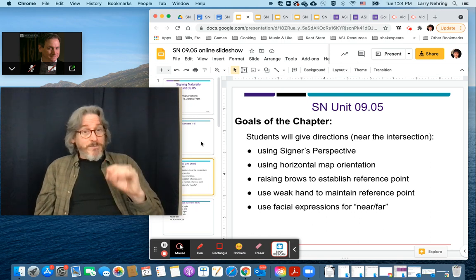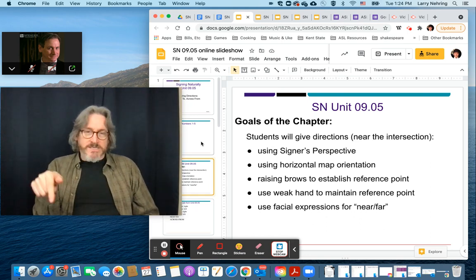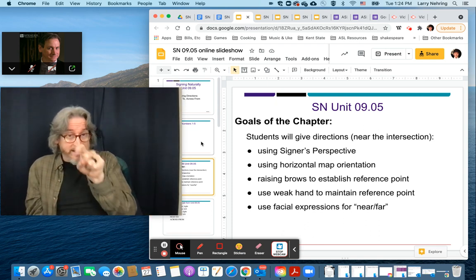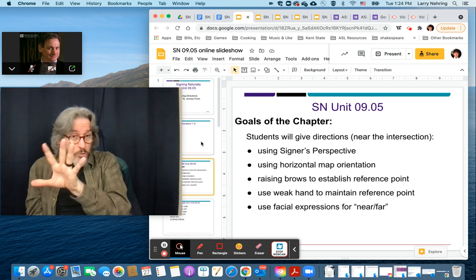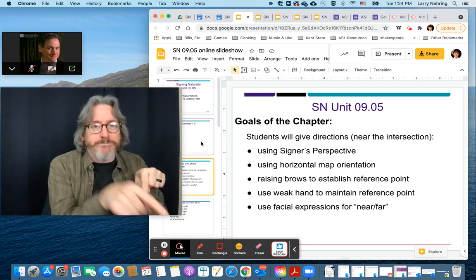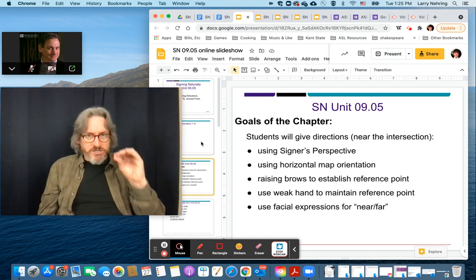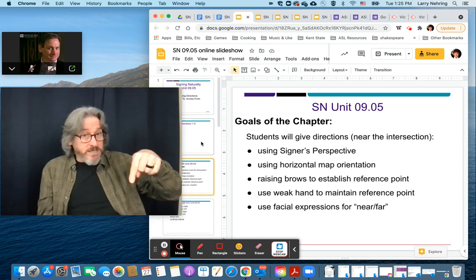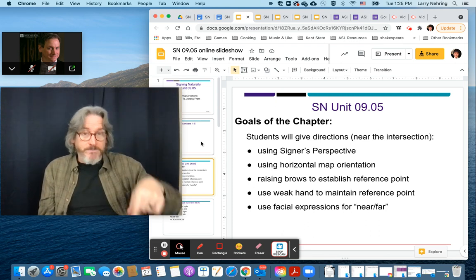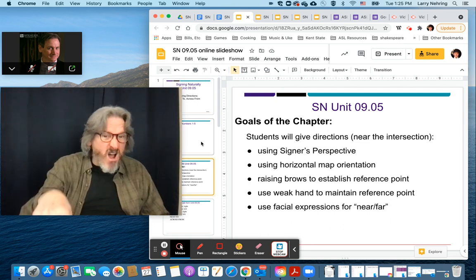So we're going to do the same thing, but we said, so the store is here, the next one is something else. So we can establish it and then use this as the little marker, the reference point. Okay. So that's the raising brows to establish, using the weak hand to make the reference point and keep it there. And then using our facial expression to set